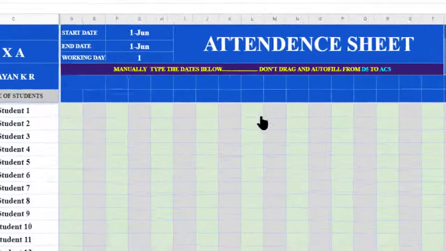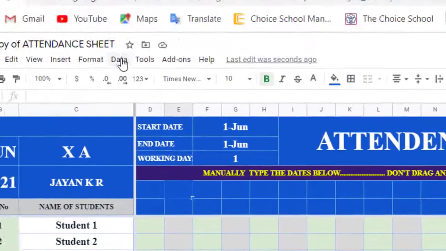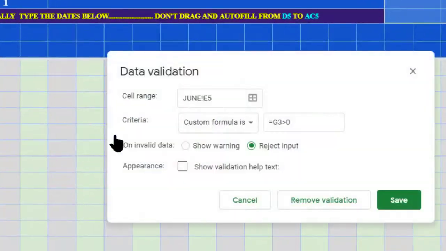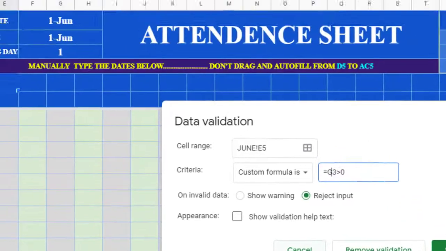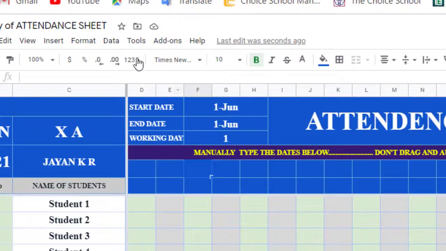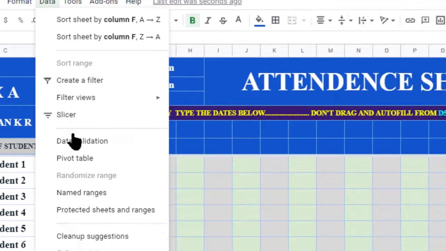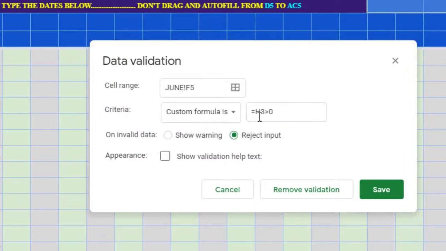Okay, we can check in the second cell. Select this one, data validation. You can see G3. See, it is G3. We need F3 only, no? So we select the next one also. In data validation, it is H3. So change it.